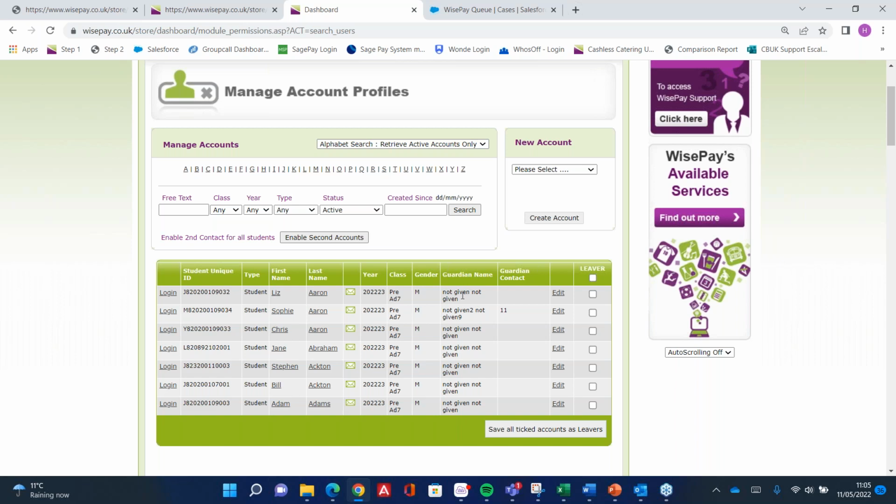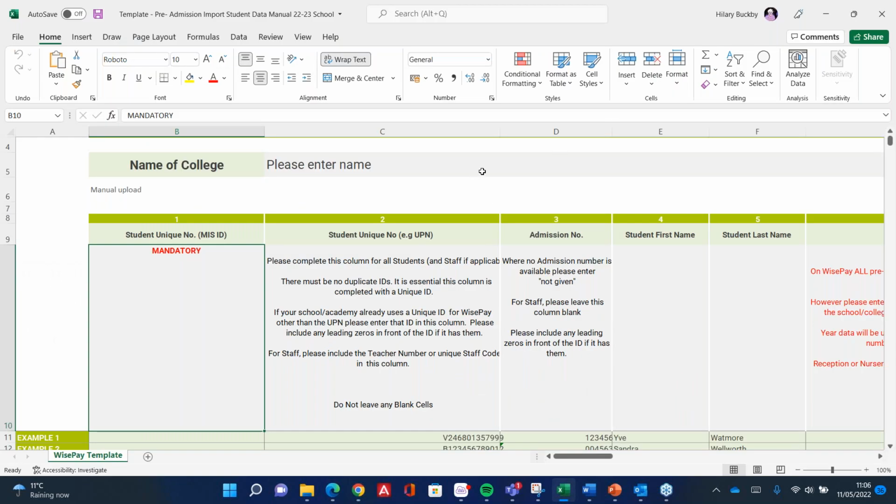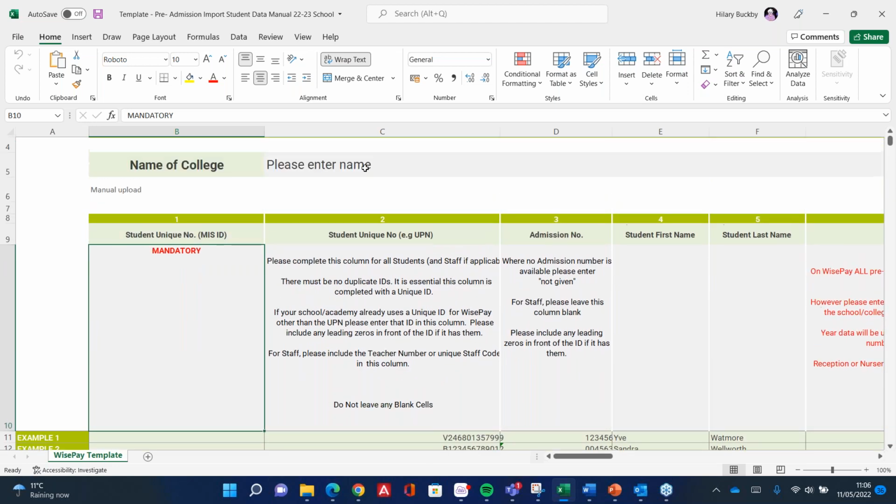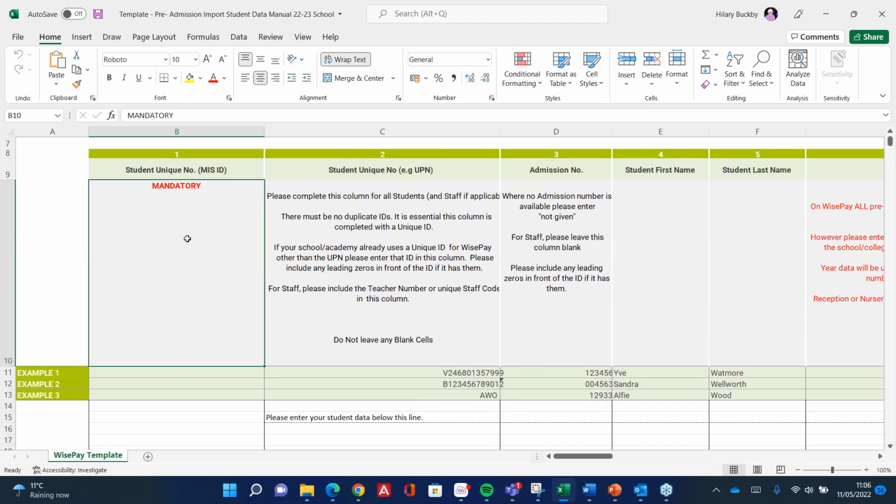So for the schools that will need the pre-admission template, this is what the pre-admission template will look like. Your pre-admission template is just that. This is all it is. You just put the name of your school at the top, and then you would just complete the columns as you go through. This column here is mandatory, and we need to have this information because when the synchronization tool